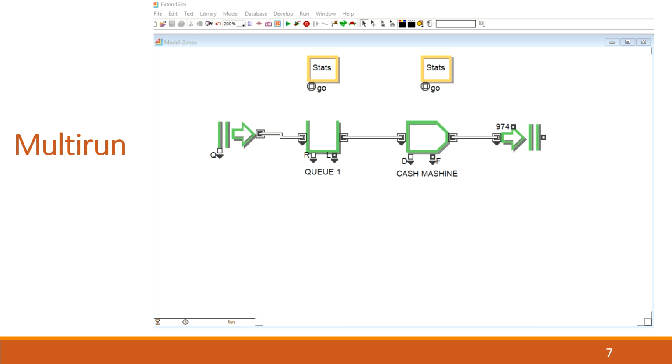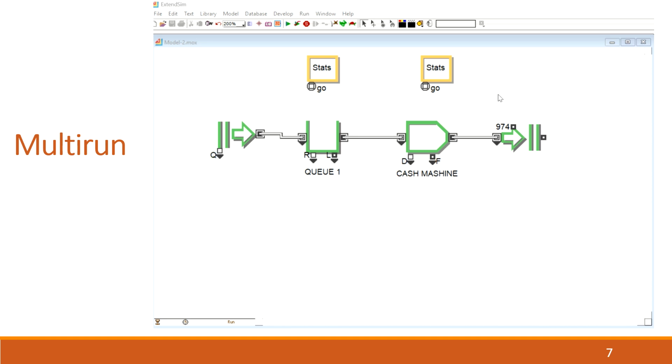A very simple approach, which I would call a newbie approach, is to run the model once, copy paste the data, run the model for the second time, copy paste the data, and so on and so on. But of course it's a headache. This one is eating our time. So let's go back to our model, and